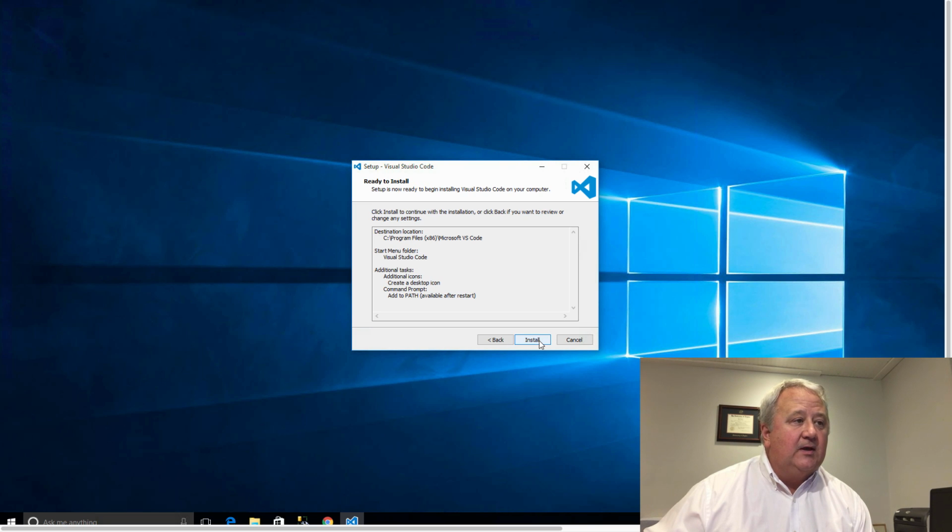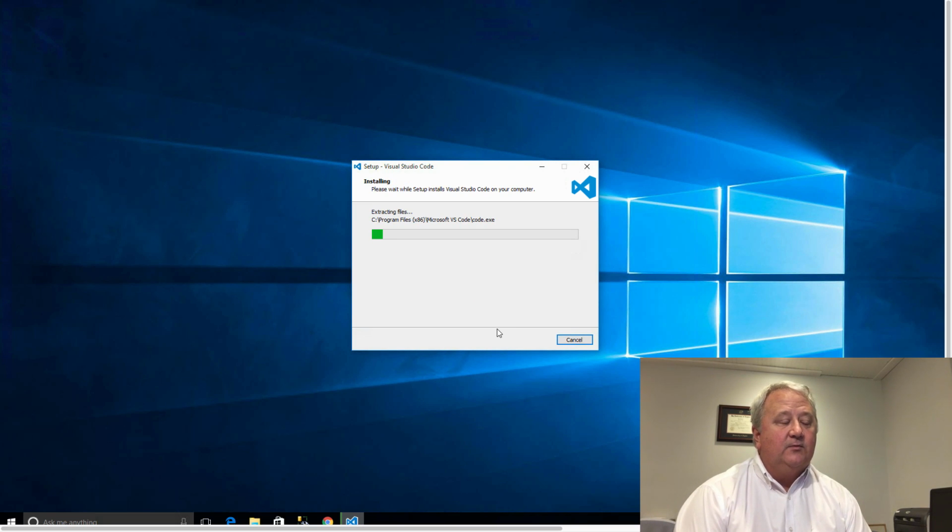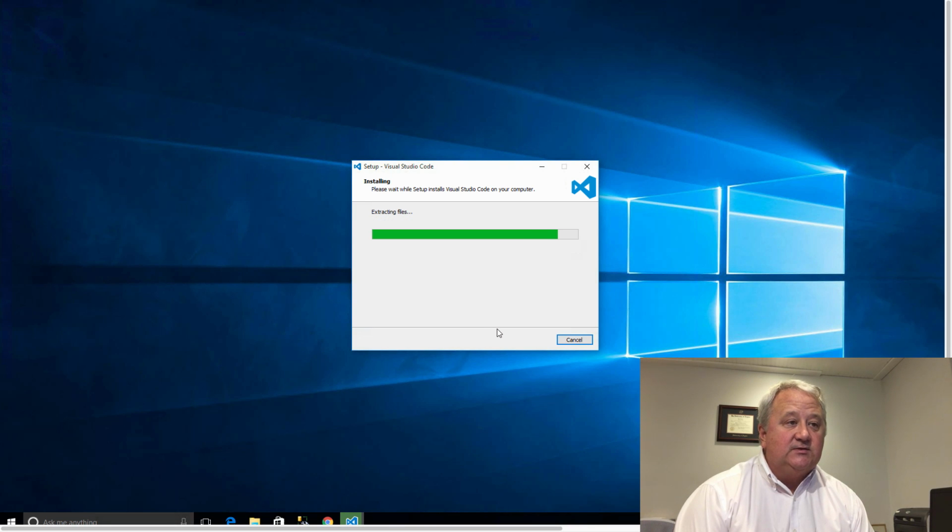And now that we're through the options, I'll go ahead and click Install, and it'll run through the install procedure. And like I say, this is a much lighter weight program than Visual Studio itself. And the purpose of it in the product mix is to have a lighter weight program just for code editing. For example, if you're going in to just update an ASPX page or do some HTML JavaScript development, it's a much lighter weight program to work with, and you don't actually need as heavy of compute resources to run this program as well. So it's just about finished with the install,